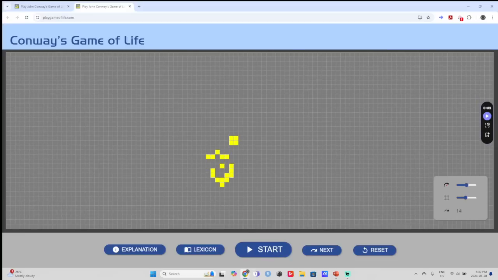Let me read the rules. A new cell is born if a dead cell had 3 living neighbors. So for example, let's say this cell right here, if you can see my mouse, will come to life in the next generation. Yeah, it did. So if a cell has 3 neighbors, it comes to life. Otherwise the cell dies, and a cell will stay alive if it has 2 or 3 living neighbors. So very simple. These are extremely simple rules, and yet they can give rise to crazy kinds of behavior.